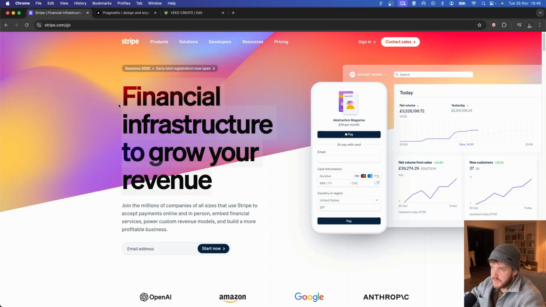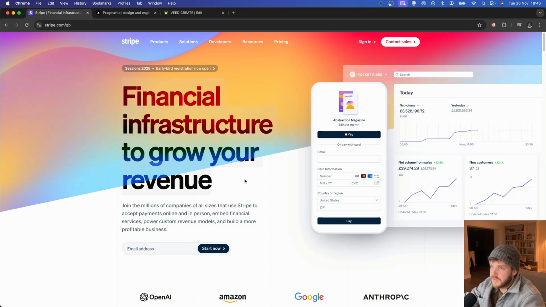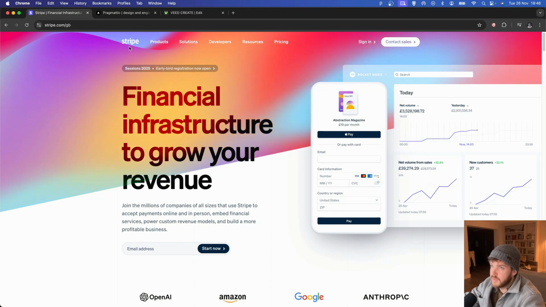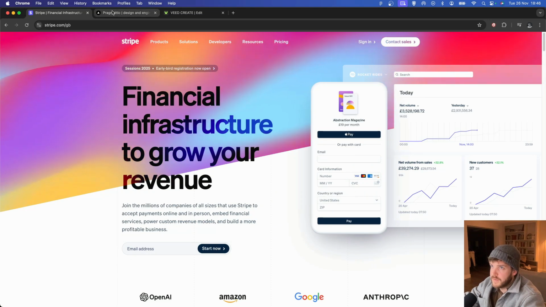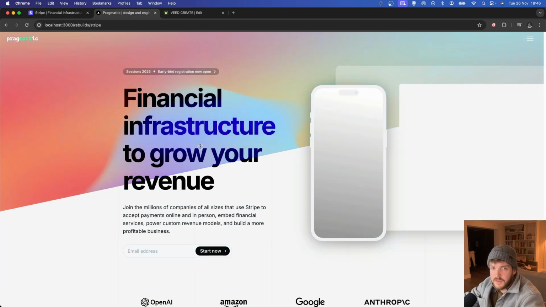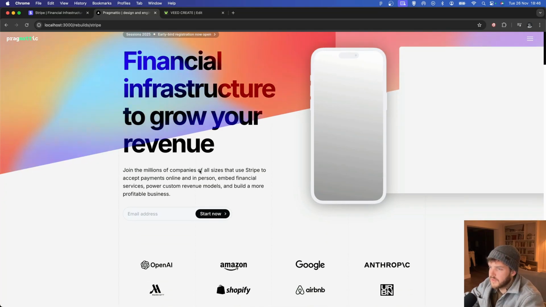What's up, devs? In this video, I'm going to be rebuilding this Stripe header. So all of what you can see on the screen above the fold except the navigation. Here's the end result. So if you stick around, by the end of it, you'll know how I built this,